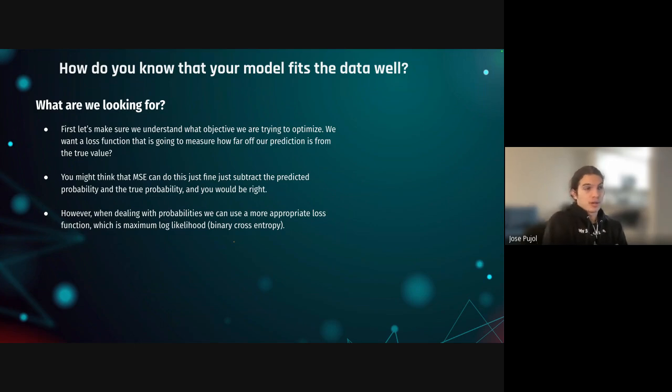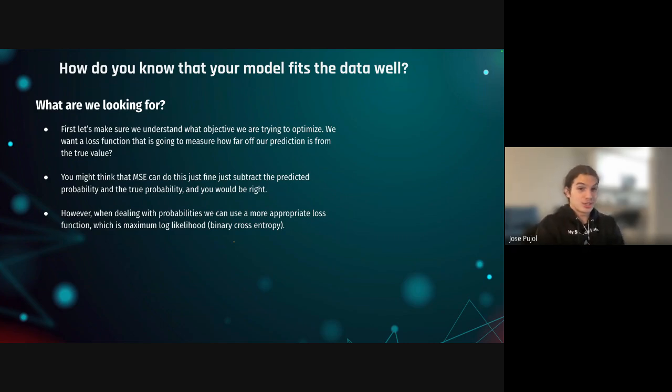So for example, if I'm 20% sure that this is malignant, and it turns out that it is malignant. Obviously, this is supervised learning, so we know 100% that the true value was malignant, but you were 20% sure. So we want to get that 20% closer to 100, right? And actually, mean squared error can do it.